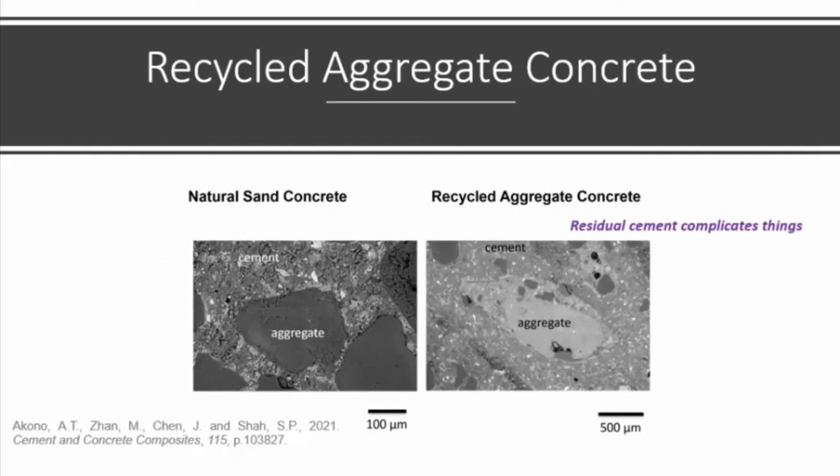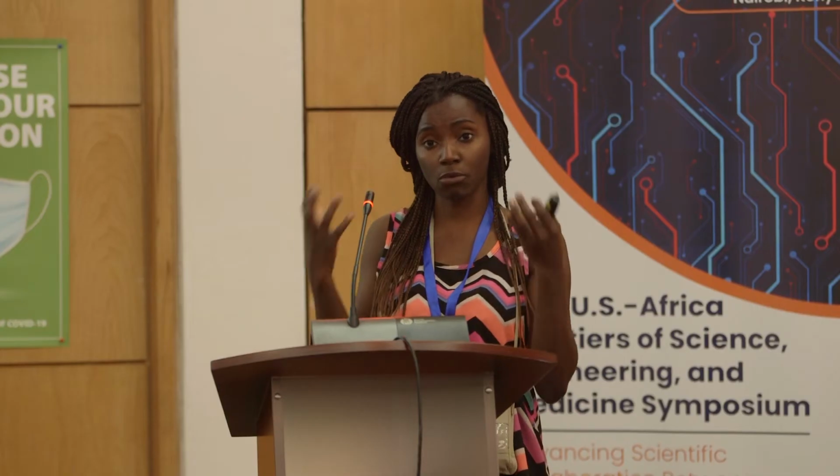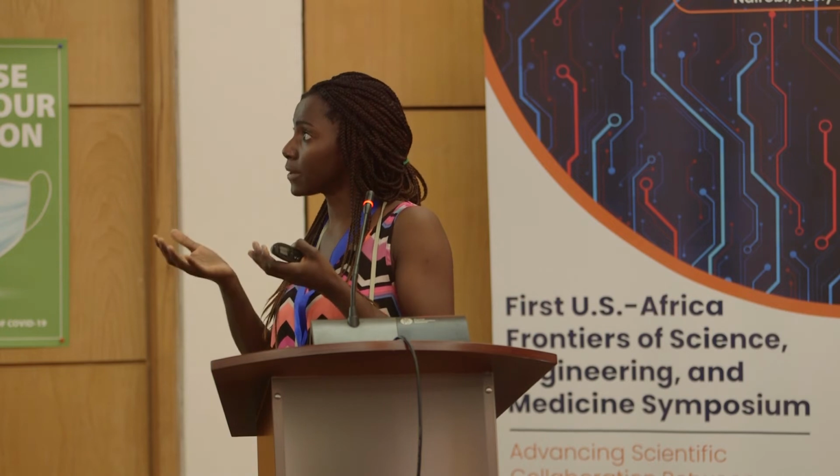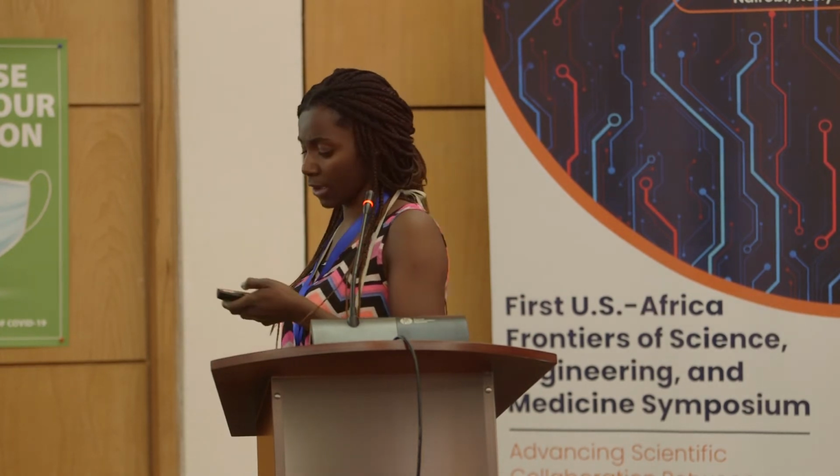Now, once you use this aggregate and you mix new cement, you're going to have recycled aggregate concrete. Again, this is going to be different from the pure natural sand concrete because you're going to have the old aggregate. So you have the old aggregate, you have the cement, and now you have a lot of interfaces. The interface of the old aggregate with the old cement, and then the interface of the old cement with the new cement. And at all of those interfaces, you're also going to have a lot of porosity and a lot of cracking. So we tried in our lab to use nanotechnology-based characterization methods to understand and compare the properties between natural sand concrete and recycled aggregate concrete.